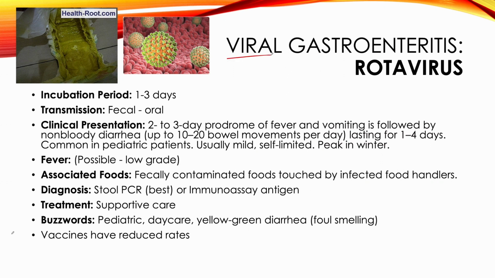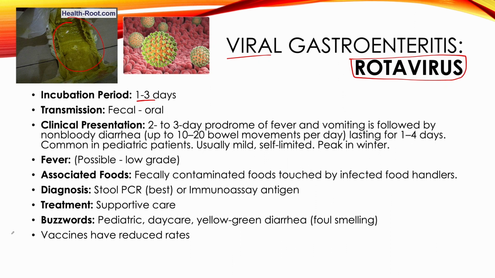We're going to start with the causes of viral gastroenteritis, and our number 1 is going to be rotavirus. Now, this is a crude way to introduce you to rotavirus, but this is what you're looking for. The incubation of rotavirus can be anywhere from 1 to 3 days. The transmission is fecal to oral, so changing a baby's diaper and then touching their mouth, or kids playing with the same toys with rotavirus on it at a daycare facility. Generally, the presentation is a 2 to 3 day prodrome. They get fever and a little bit of vomiting, followed by non-bloody diarrhea, and they can have copious amounts of diarrhea, upwards of 10 to 20 bowel movements per day. And it looks like what you see up here, this greenish yellow